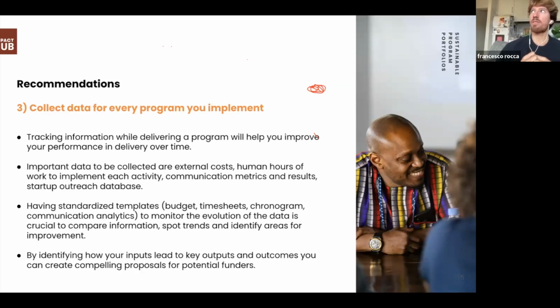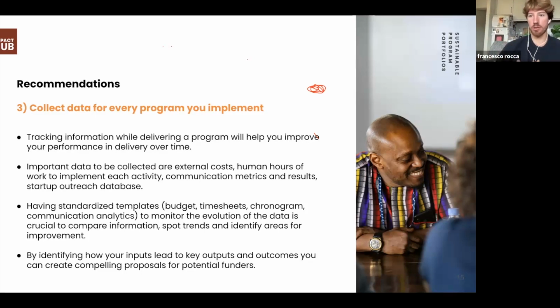So imagine if 70% of the budget is our hours, you need to manage them very well. In this case, you need to forecast how much time it takes you to run a specific activity,